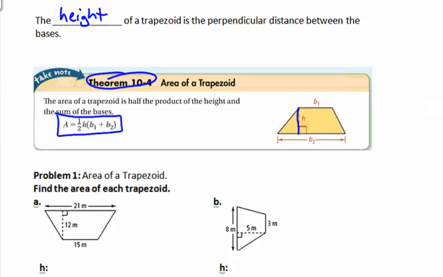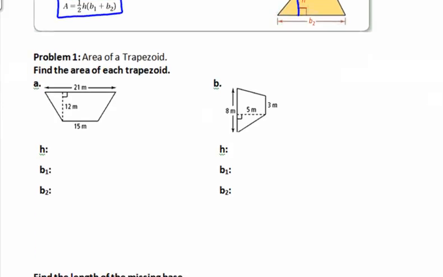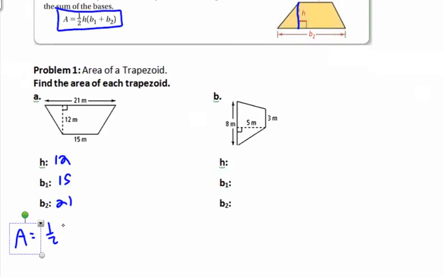So let's use that formula. Let's take a look at a couple of trapezoids. Looking at this one on the left, the height we know is 12. Base 1, it doesn't really matter, but we usually do the smaller base as base 1. Base 2 would be 21. So to find the area, we use the formula 1/2 times the height, which is 12, times the 2 bases added together, which is 15 plus 21. I'll just do 1/2 times 12 right away, which is 6, times 36,